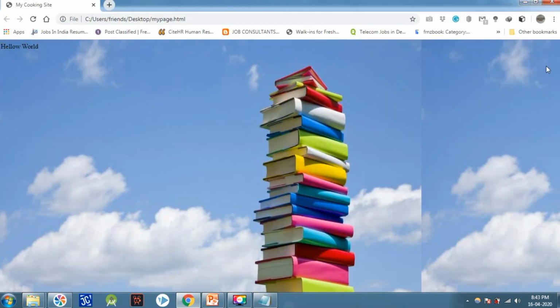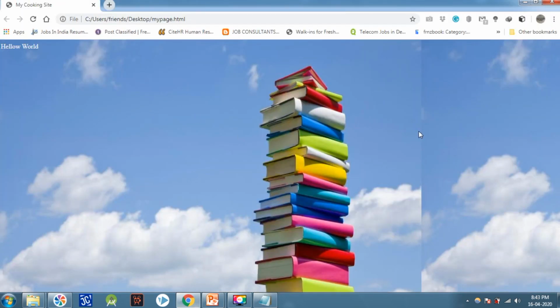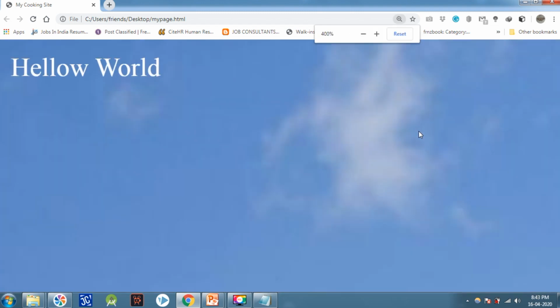Let's see what will happen. You can see the text color automatically turned white. Whatever we type inside the body will automatically turn white. Understand, student?